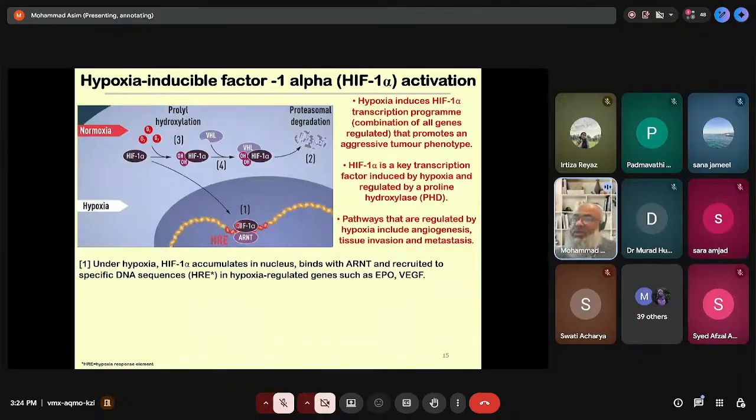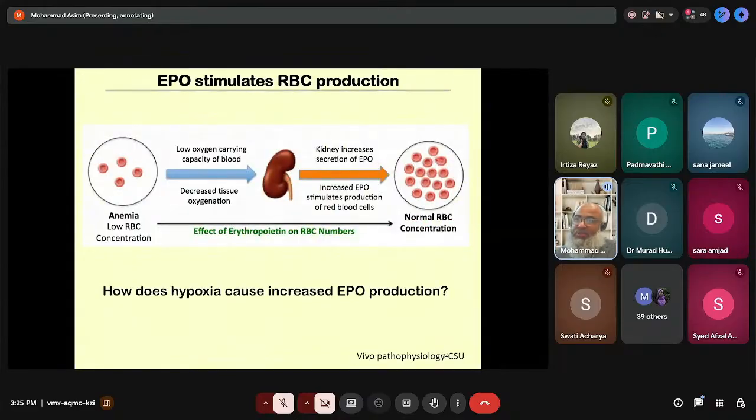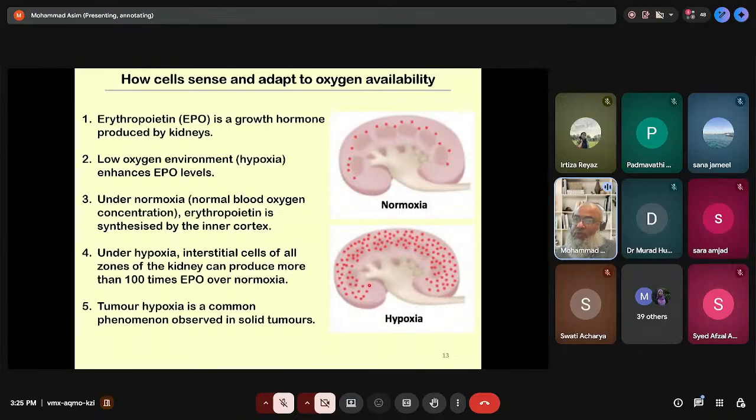In this case, what is happening if an alpha pairs up with ARNT, or beta, as we also call it, binds with this second protein, heterodimerizes, and binds to DNA? Now you will ask me, so what genes does it regulate? Well, one of the genes that it regulates is erythropoietin in kidneys. Once this HIF1 becomes active, it enhances the level of erythropoietin expression that leads to the formation of these RBCs. So this erythropoietin being formed in enormous amount is because of the HIF1 alpha becoming active,